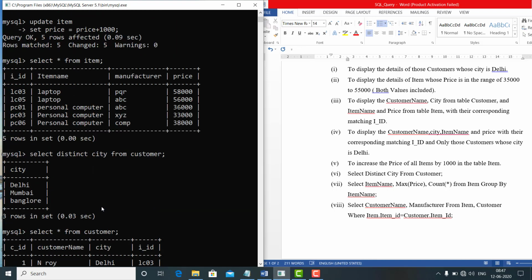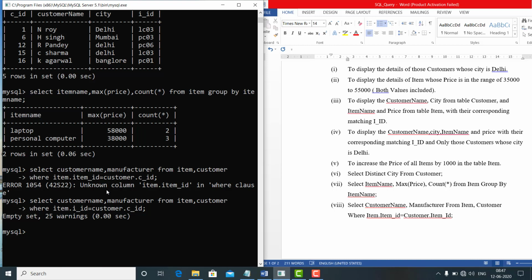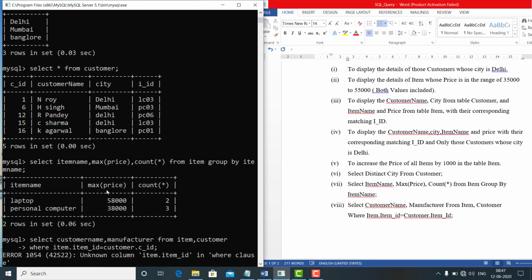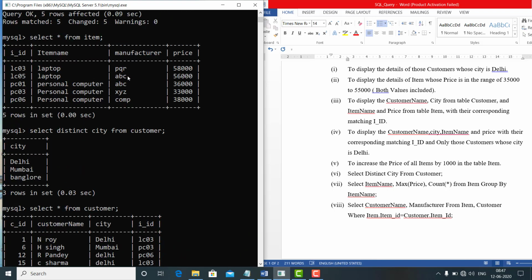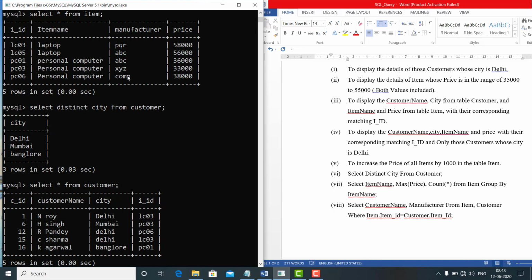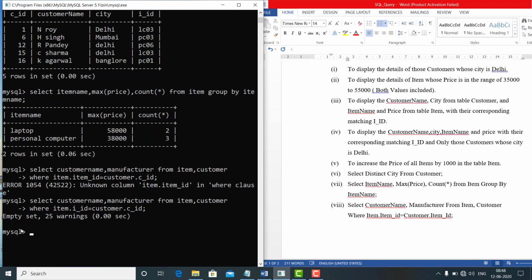Look here, this is the manufacturer, and this is the customer name, so there is no matching between them, so there is no record. Clear about it? So you will perform this on your computer system.